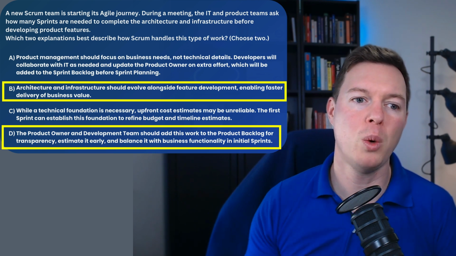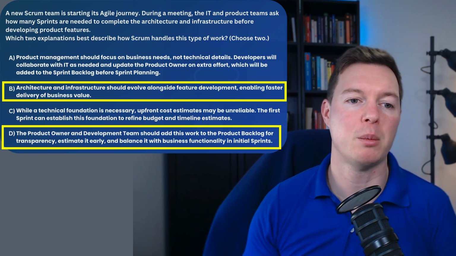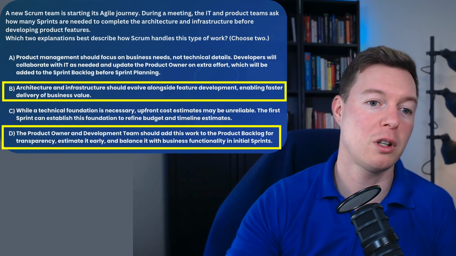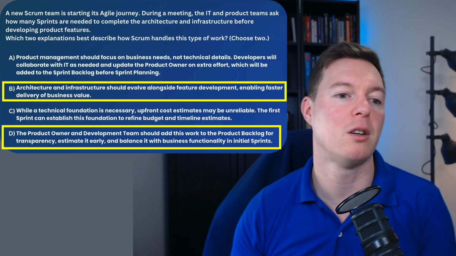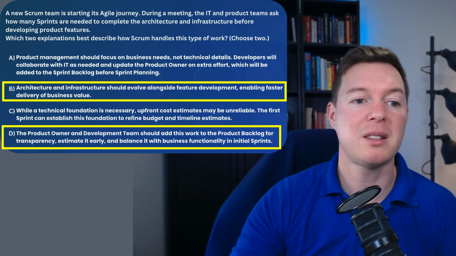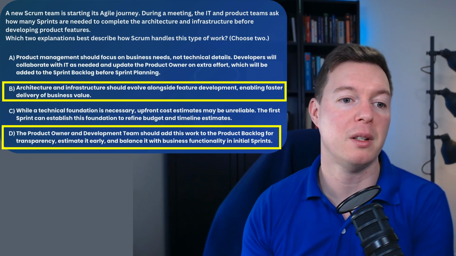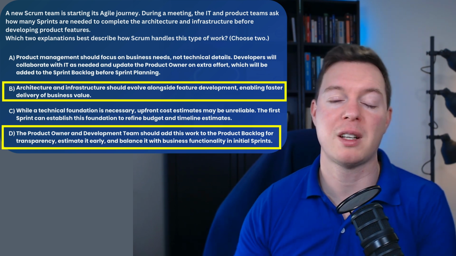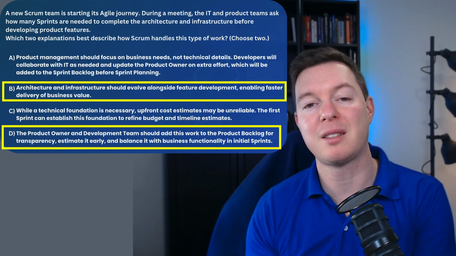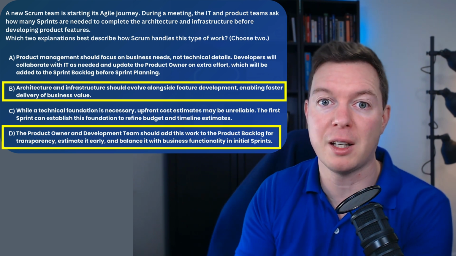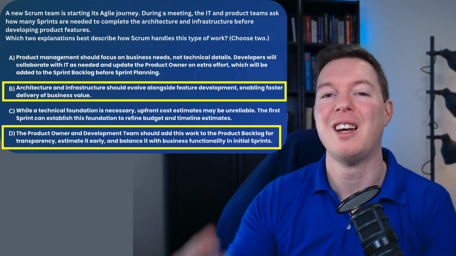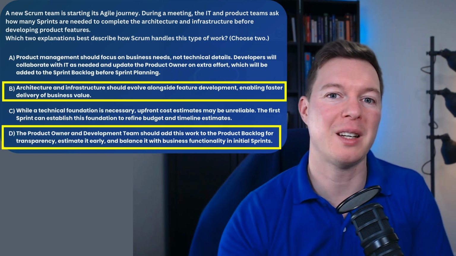In Scrum, all work necessary to deliver a valuable product, including technical tasks like architecture and infrastructure, should be visible in the product backlog. Then the team can estimate it and prioritize it and balance it with the feature development to ensure continuous progress. And balancing it with that feature development means that the focus is on feature development. And the reason for that is because it's the features that are the valuable thing. We don't want to get into